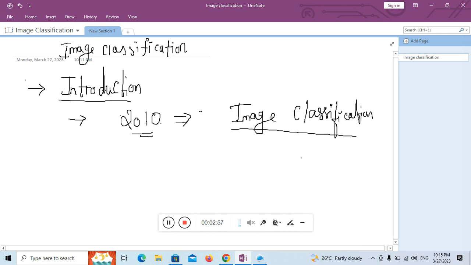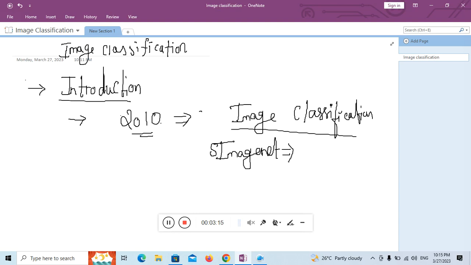There was also a public database called ImageNet, if you have heard about it. ImageNet gives you a set of labels and images publicly available, so you can train machine learning models.